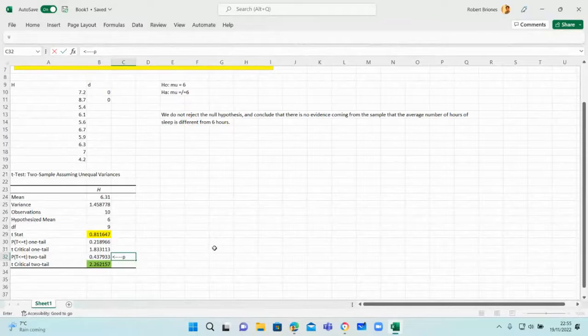So this is the number here that I'm indicating by arrow, the p-value for our t-test. And so since the p-value, as indicated here in the summary output, which is equal to 0.437933, is very much greater than the level of significance that is indicated in our test,